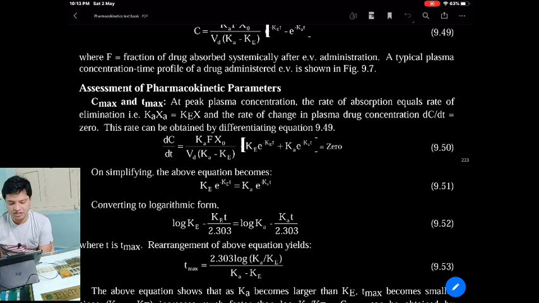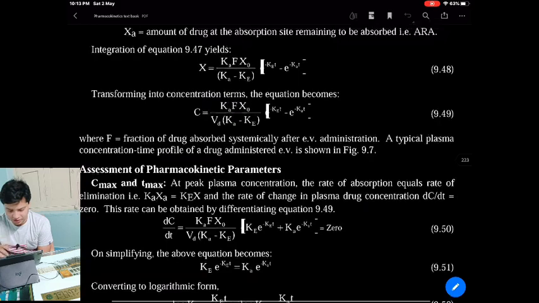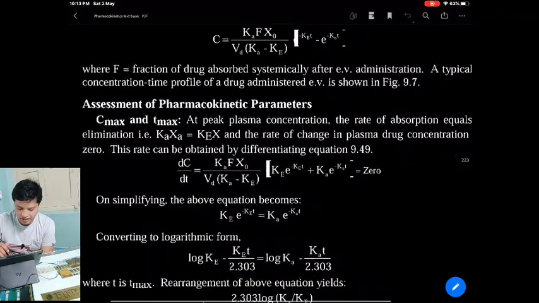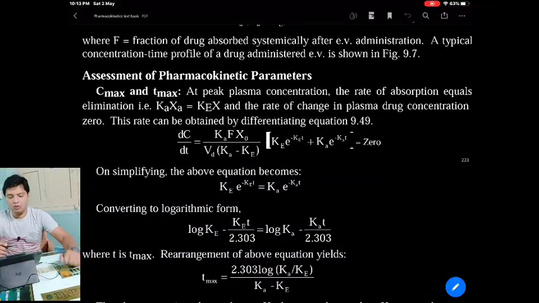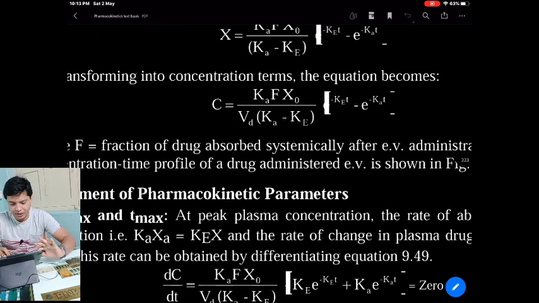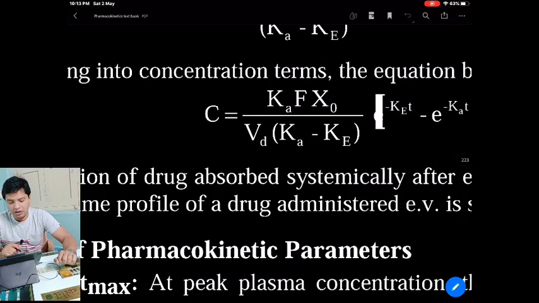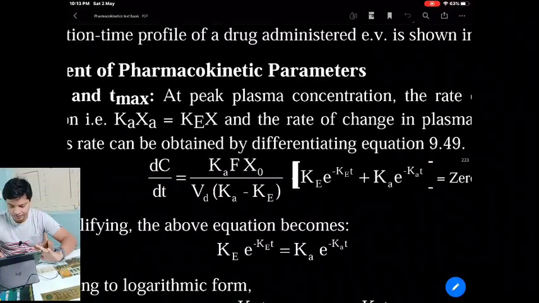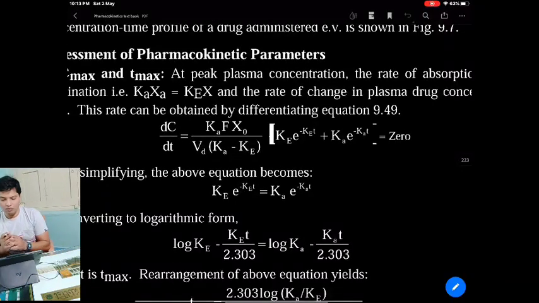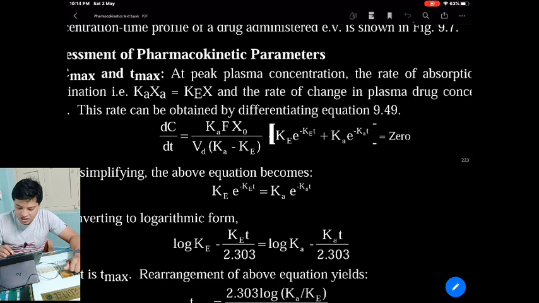This rate can be obtained by differential equation. Okay, we'll take that above equation. This above equation has been taken, and when we differentiate this equation, we try to get this below equation. So what is happening here? Your C is there in the above equation. This C, when you differentiate, will convert into dC, and time will be converted as dt. So after differentiating this above equation, you get this equation. After differentiating, the only thing added here, see, is an extra Ke has come.